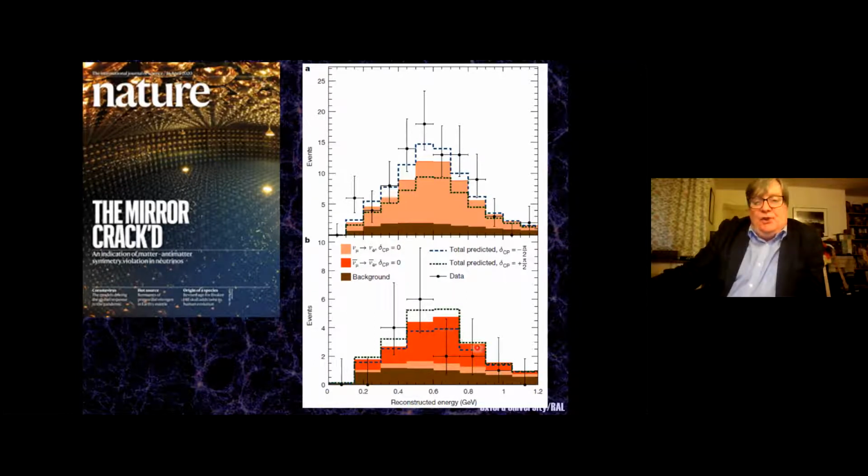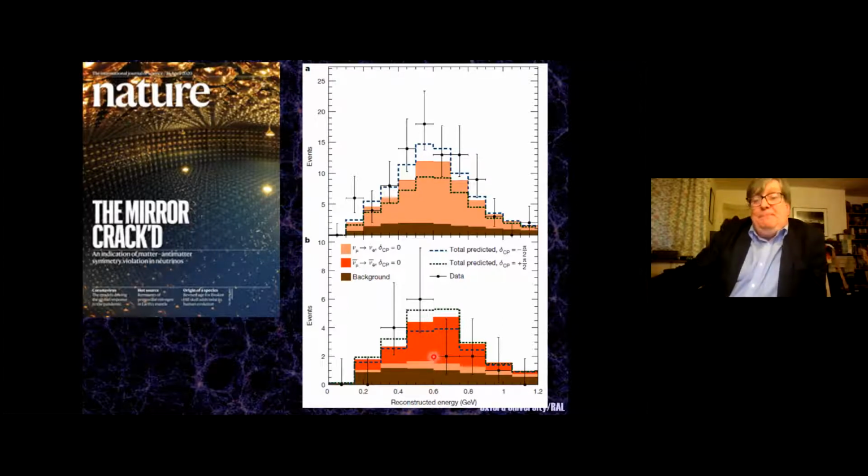And for antineutrinos, you have the data on the bottom. The data, once again, are the points. The histogram prediction is here. The orange is the expected appearance of electron antineutrinos. The pink, or the salmon, or whatever color that is, is the appearance of electron neutrinos. You can see there's a contamination of electron neutrinos in the antineutrino sample. That's a consequence of the fact that we can't make an antimatter target for our beam. So you will always make some of the wrong sign ones.